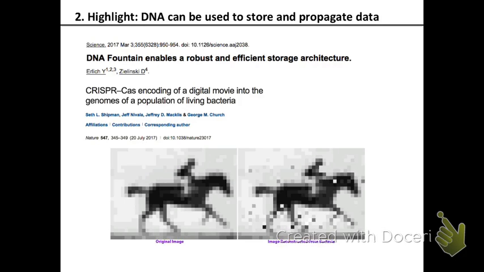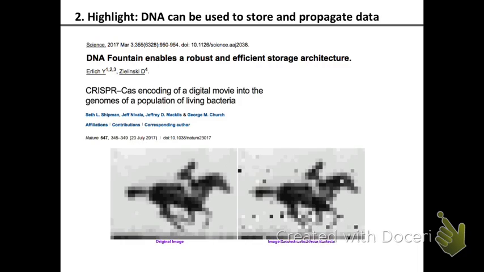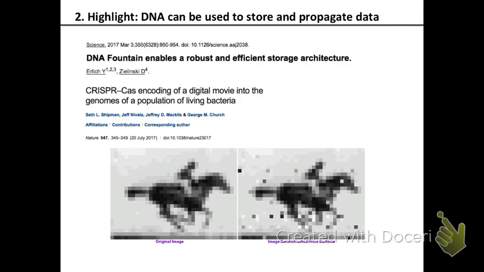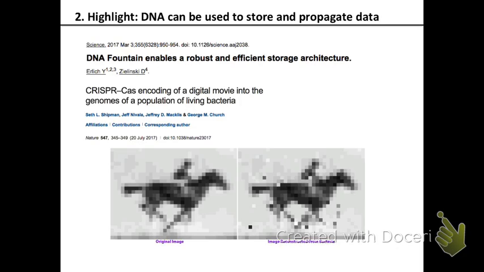So it is pretty amazing that you can actually use DNA just as tape or a hard drive to actually encode information, right? So DNA is pretty good in storing and propagating data. The reason why people don't do that right now, instead of using tapes and hard drives, etc., is it's very expensive. So if that changes in the future, maybe that's what we will be doing, right?